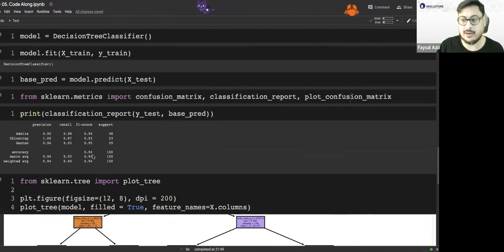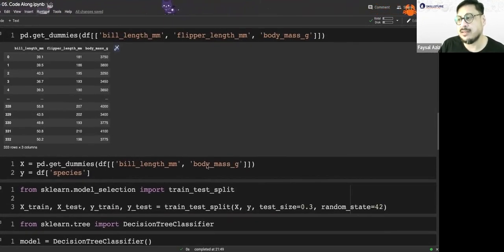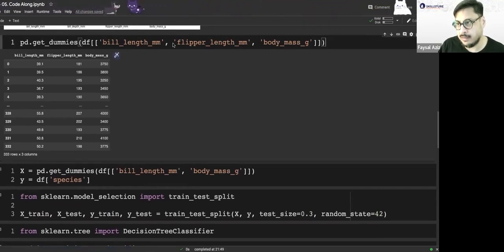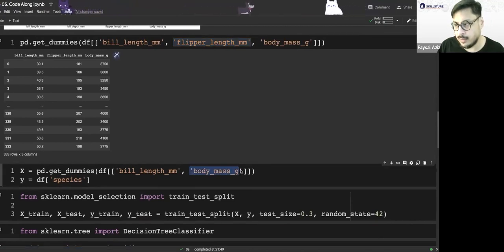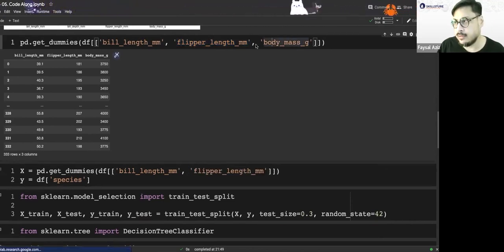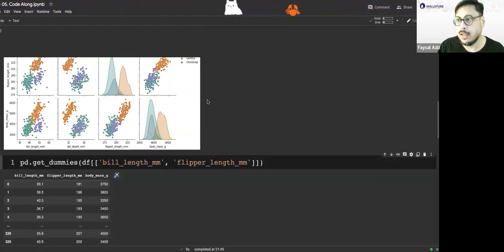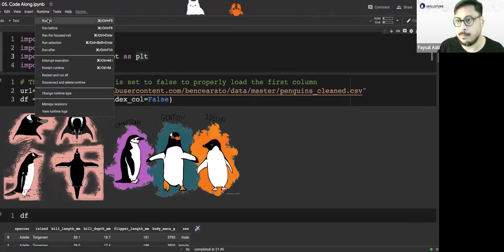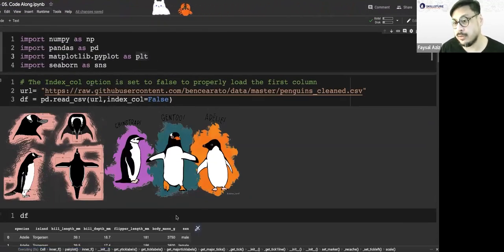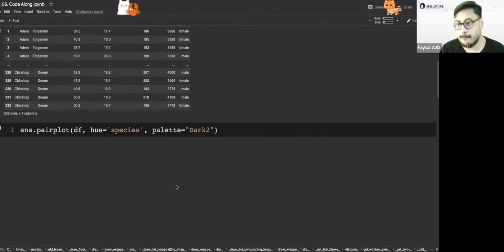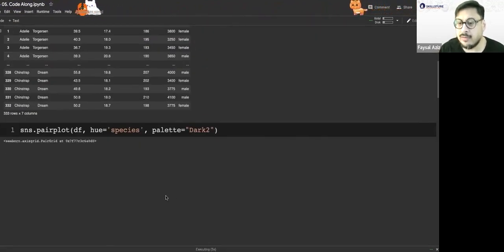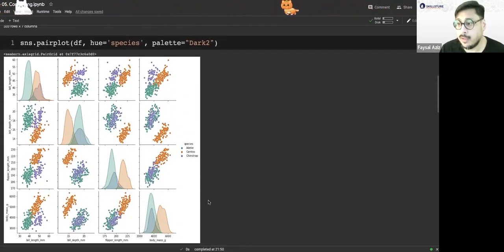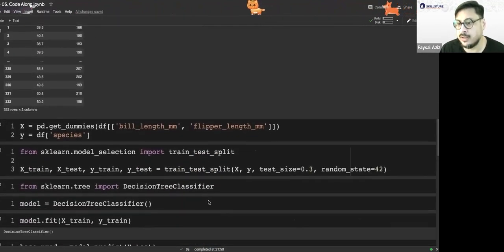94%. See, there's a drop in accuracy. So body mass is not a good feature to check. Flipper length is a better feature. If I replace body mass with flipper length, and let's get rid of body mass from here as well, just to avoid any confusion. From 94%, you see it will probably go up again. You will not always get the same results all the time, because there's a certain level of randomness. When it splits the data, some records may contribute more to the learning process than others.